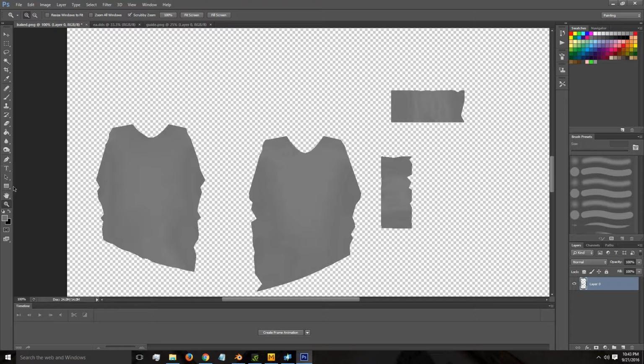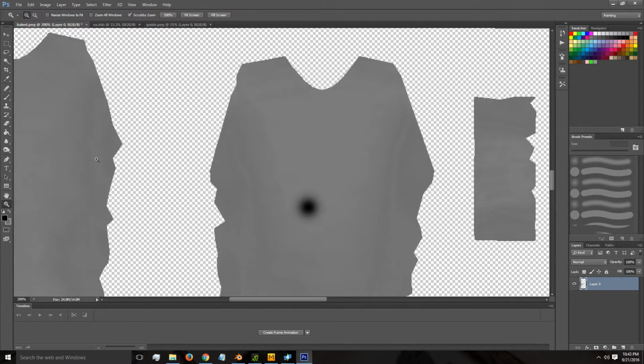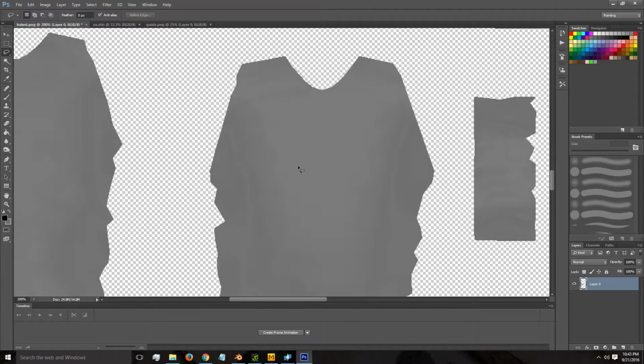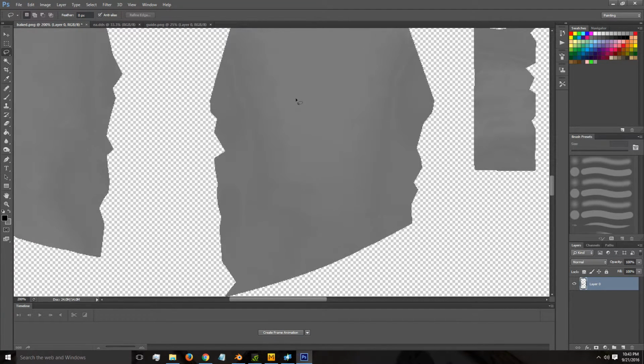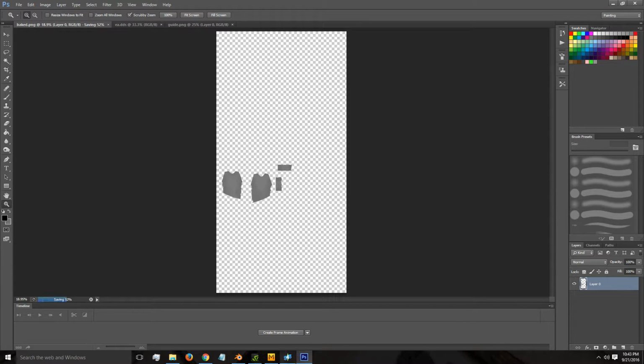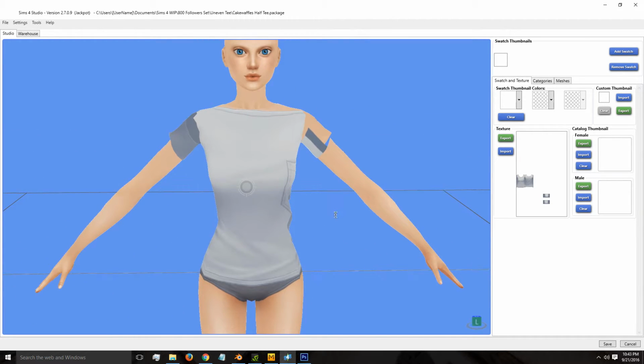Let's say I added this blackness. Let's say there was a black spot in the middle of the shirt. I could select around it and click fill, and it would basically take the main texture surrounding it and put it over that, if that makes sense. But okay, if I save this and then import it,